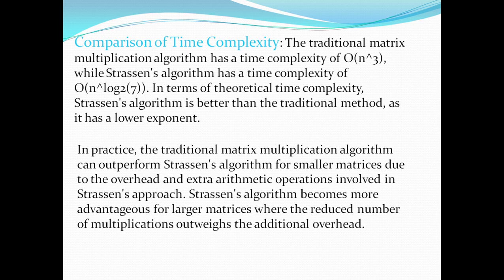Now we will compare the time complexity. The traditional matrix multiplication has a time complexity of n^3, whereas Strassen's matrix multiplication has a time complexity of n^(log2 7). In terms of theoretical time complexity, Strassen's is better than the traditional method as it has a lower exponent. In practice, the traditional matrix algorithm can